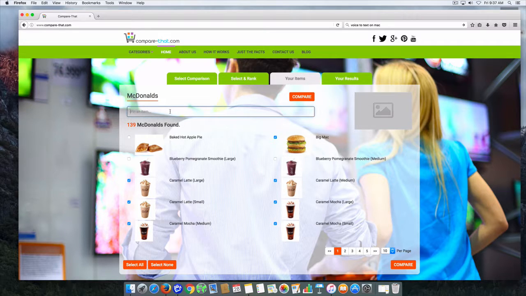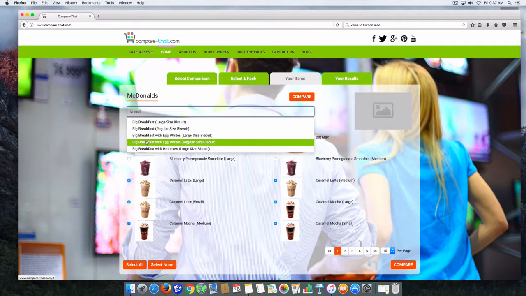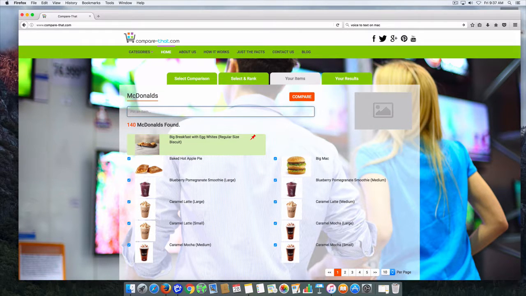For instance, we want to add a breakfast item. So you can go ahead and type the name of the item and check that item to add it to your list. So now not only the general category items are in there, but also the items that you want to pin as well. Once you're done here, you go ahead and hit the compare button,